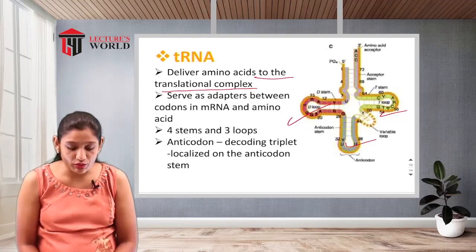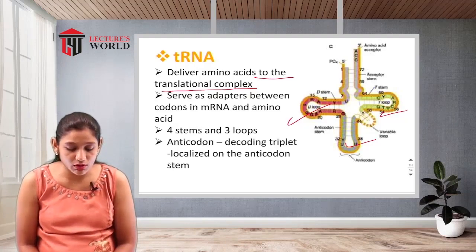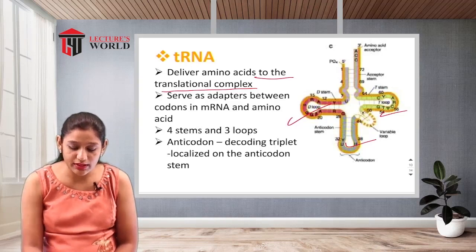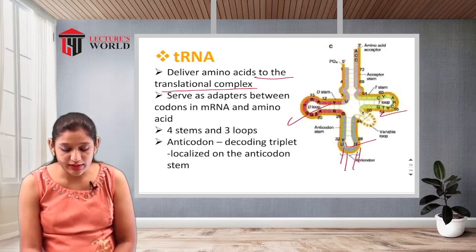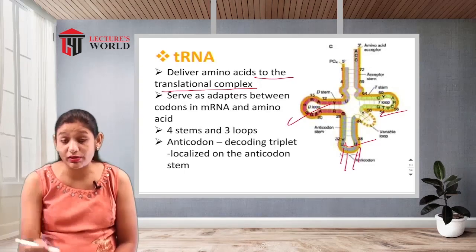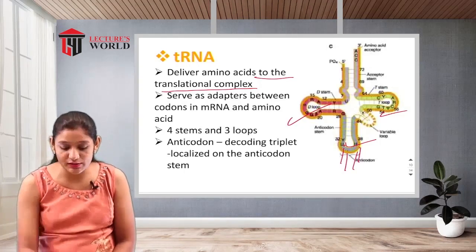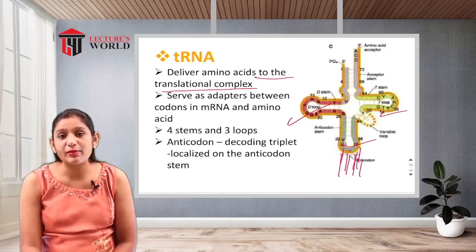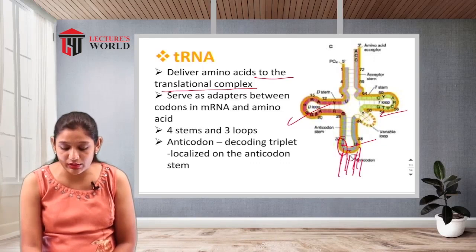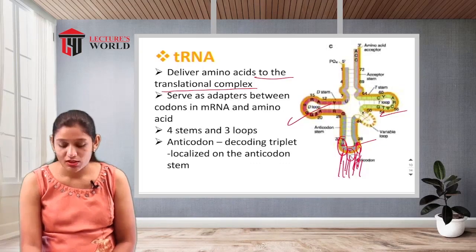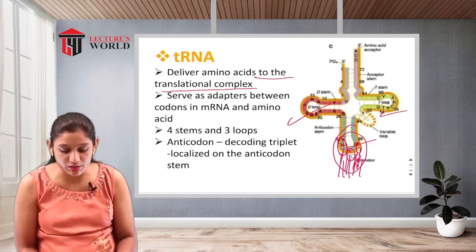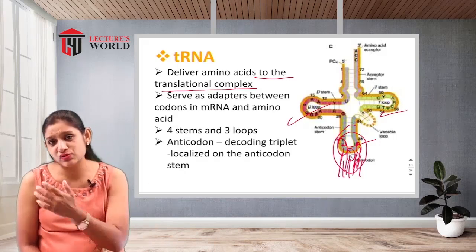First one, the anticodon: the decoding triplet localized on the anticodon stem. Here, by the anticodon, what type of amino acids are situated here, and another type of amino acids are attached in a certain way. So this is the attachment by the triplet localized on the anticodon strand, onto the ribosomal site,